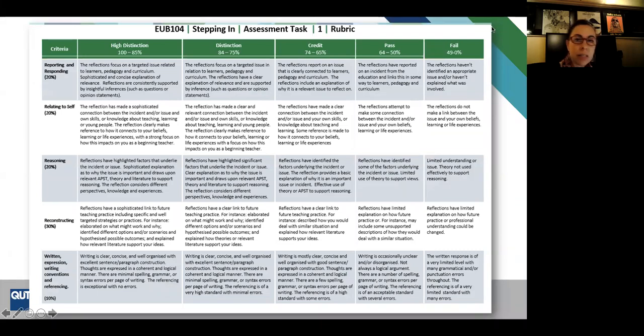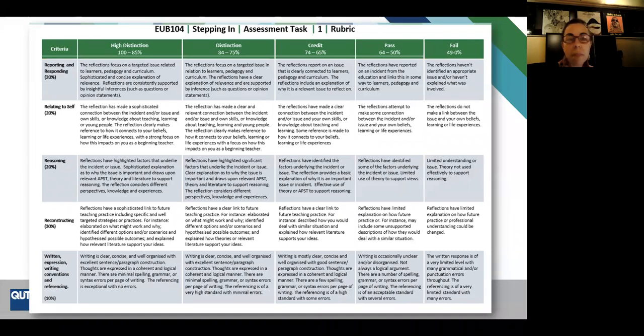So this is important for any piece of assessment. You've got your task sheet and also the marking criteria sheet, so the rubric. And as I've said previously, this is what your marker will grade you from. Can you make sure that you have a copy of this, because we're going to look at this closely in a moment when we unpack an example.